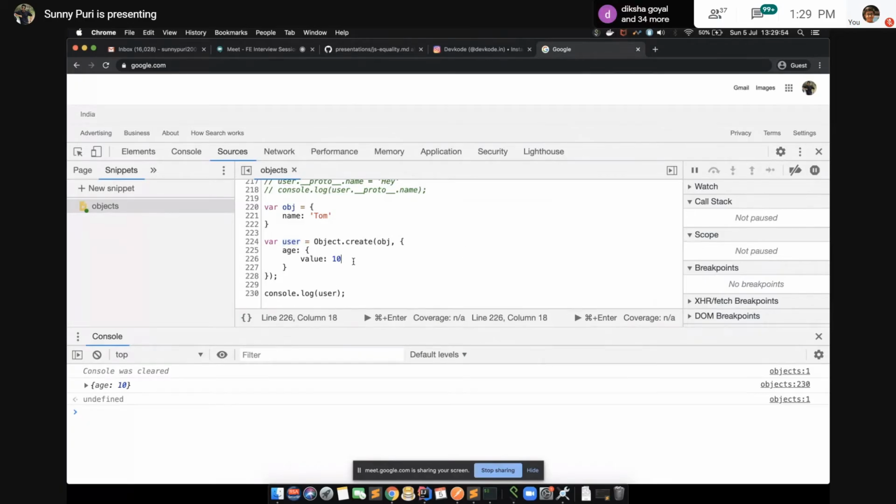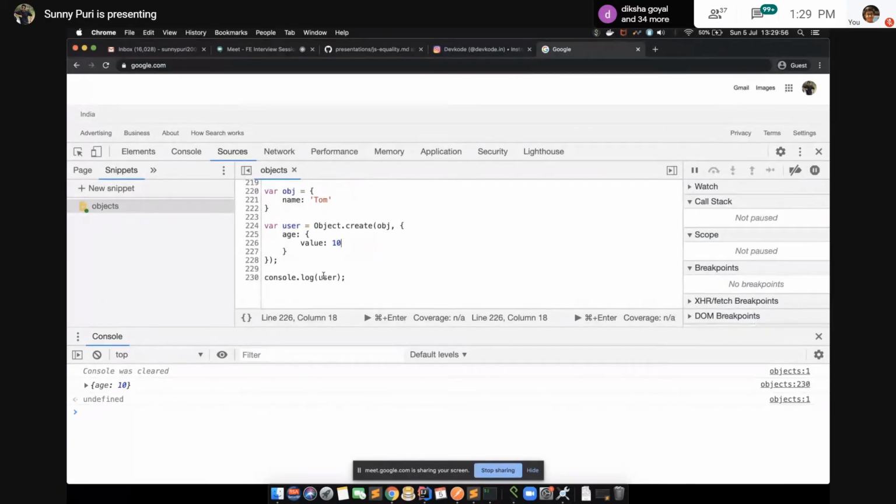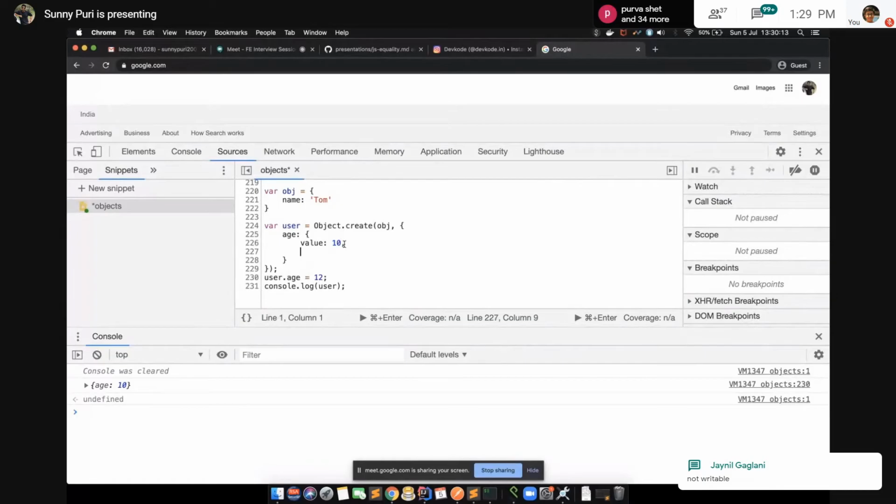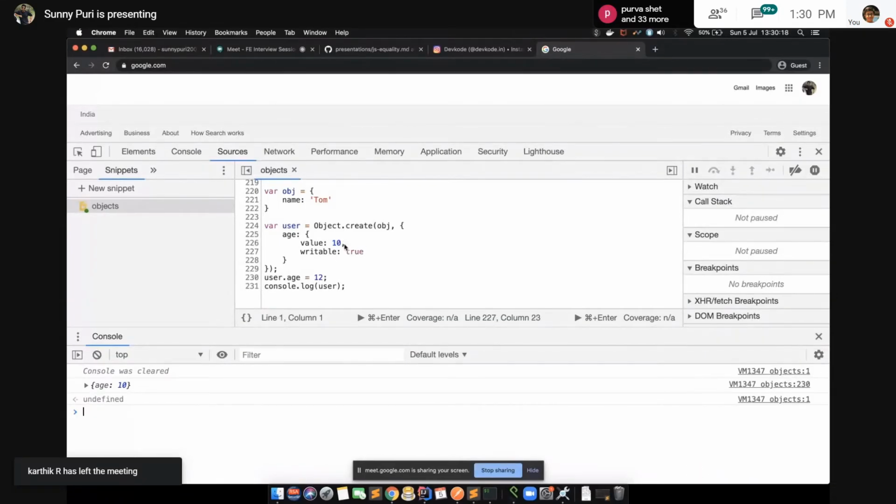So what do you mean by this? Let's say, can we change user.age to 12? No. Why? Any reason, guys? Why are we not able to change the age of user? Not writable. Very nice. Are we able to iterate it?